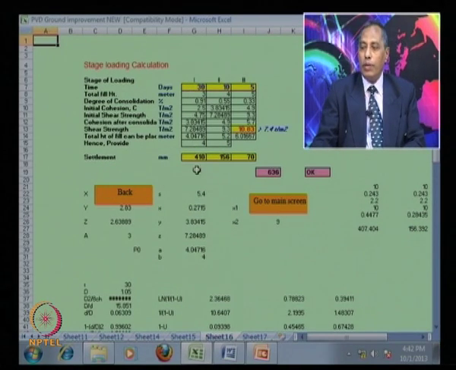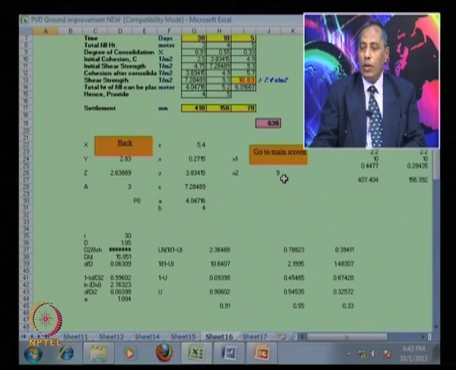So, settlement in the first stage is 410, second stage 156 millimeter and third stage 70 millimeter. So, the total settlement is 636 millimeter, which is less than what he got in the second stage, about 500, 136 or like that millimeter. So, this also satisfies this criteria. So, we completed this Excel program for the prefabricated vertical drain and also prefabricated vertical drain with the smear